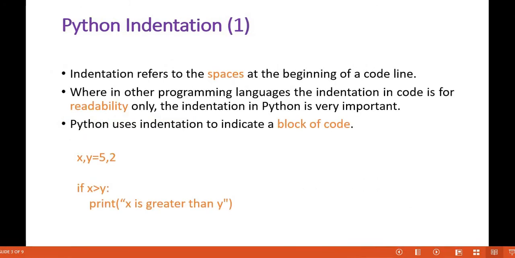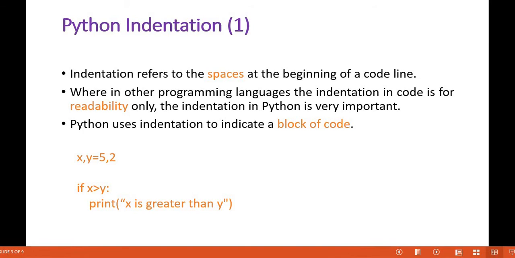Next one, indentation is very important. Indentation is nothing but spaces at the beginning of the code. In other programming languages, indentation is just for readability. Say for example, I'm developing code for a binary PSK transmitter and receiver.